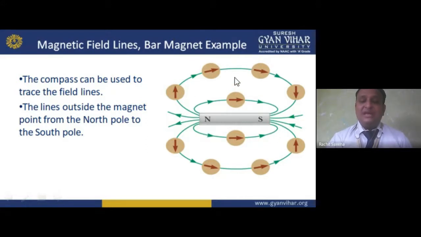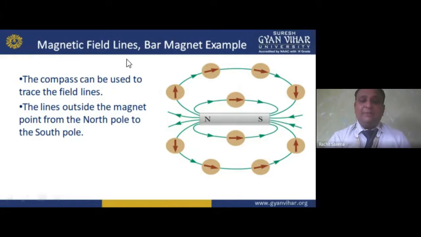So we can say N is attracted by S, or S is attracted by N. But if we put the same N with N, what can we say? It is repelling. If we put S near S, what can we say? It is repelling. Attracting and repelling is basically by the function. Okay, I hope you understand.